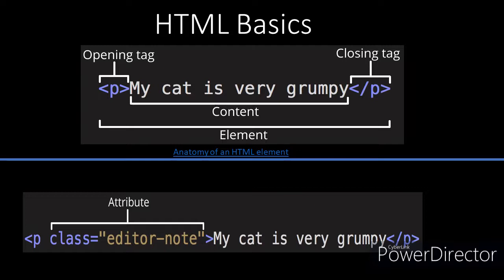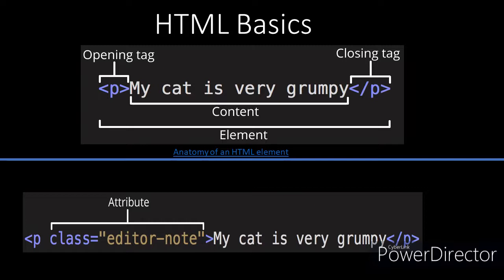Now we have something like "my cat is very grumpy." So this is your content. Now this content is enclosed within opening tags and closing tags, which actually forms the entire element. So this is a paragraph element. Next, moving on, we have something called an attribute, which we include within a paragraph element or any other element that